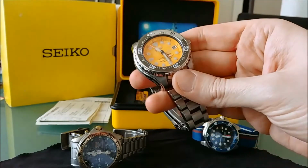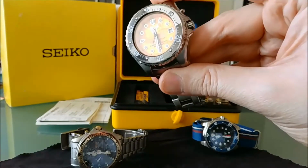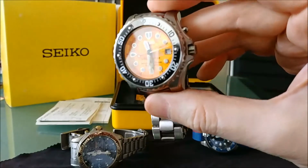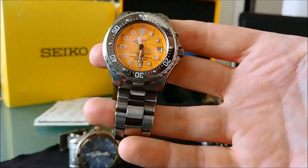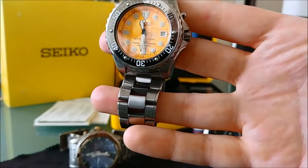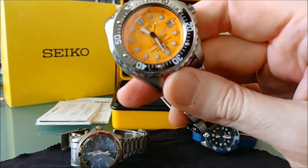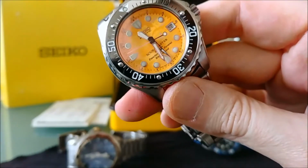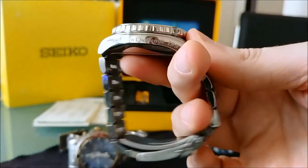yellowish orange color. I guess you could call it Prospex yellow. It's closer to mustard, not so much yellow, not so much orange. It's a nice tint. Usually I don't like mustard dialed watches, but this one keeps it down to an acceptable level. I do prefer orange. I think the warm BFK orange is probably the best looking orange dial Seiko has produced, but this one goes pretty close to that. It's decidedly not the kind of orange you see from the actual models and the SKX variants. Technically it's closer to yellow, but still it's a beautiful